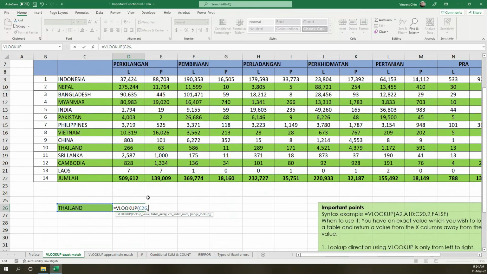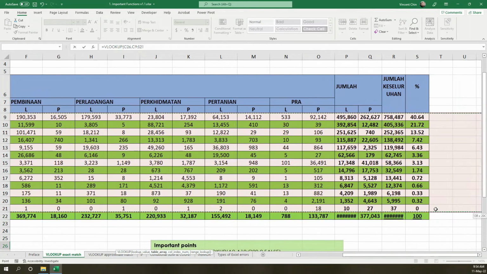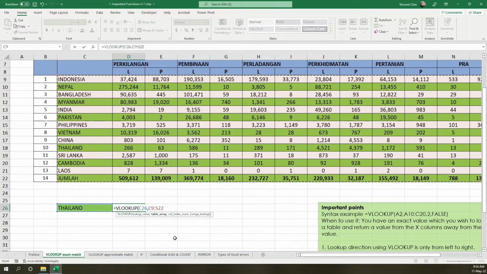Now what is it? You always got to start with the column where Thailand is. This is the column where Thailand is. This is actually column number 1. So I'm just going to select it this way, all the way. Where does it end, guys? Remember, we want the grand total. We can also exceed it if we want to. Array, when you see the word array, it's just a collection of a bunch of things. Comma,